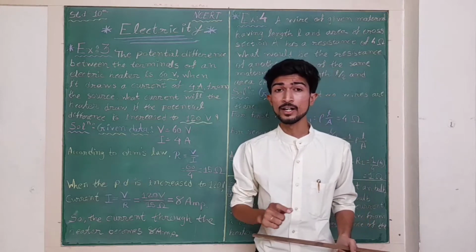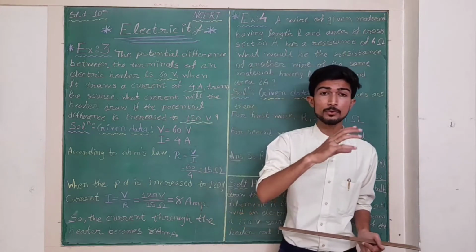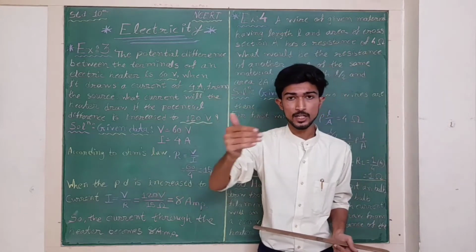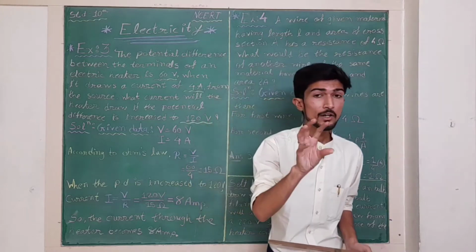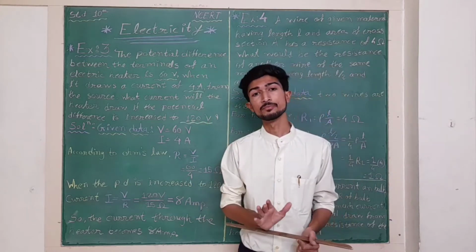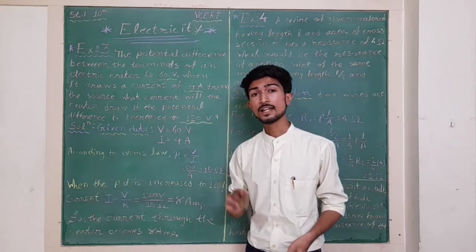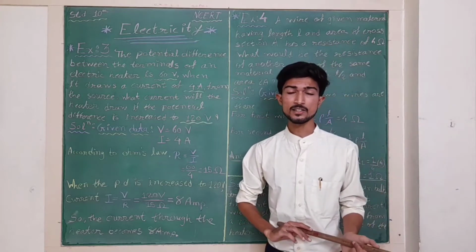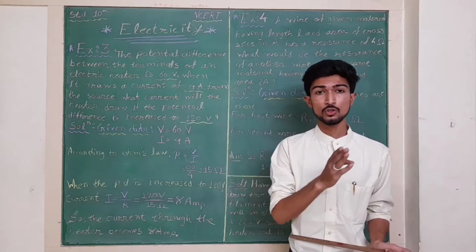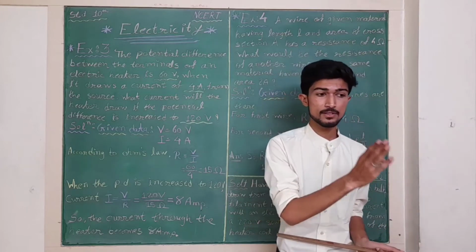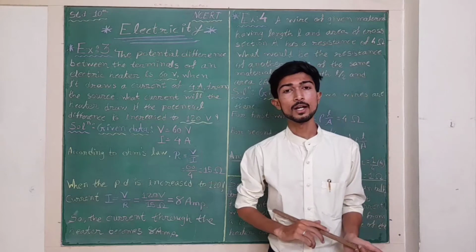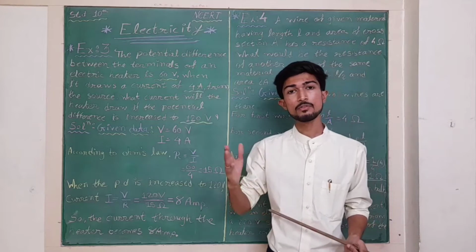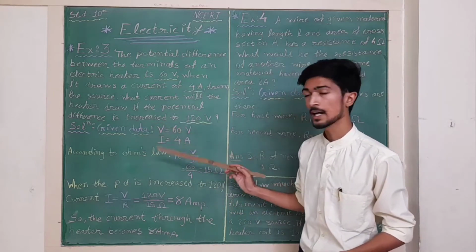But you already know what Ohm's law says. Whenever the potential difference is increased, the current will be increased. Whenever the potential difference is decreased, the current will be decreased. But the only quantity, resistance, will remain the same. So first of all, we should find the resistance of the first case, and that value will remain the same in the second case. So we have two values for the second case. First is resistance, which we will find from the formula, and the potential difference we have already been given, that is 120 volt. So given data V and I are there.